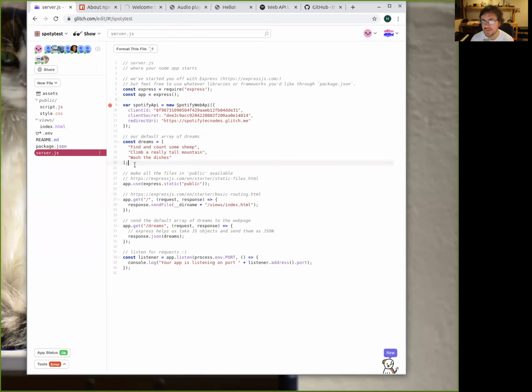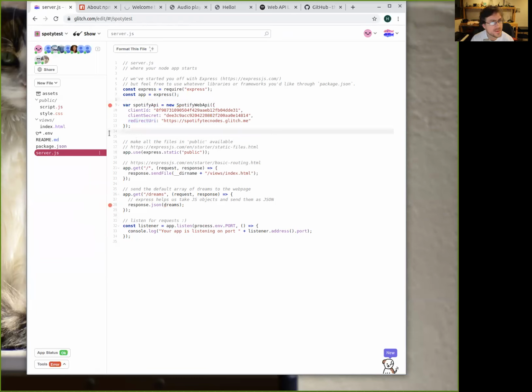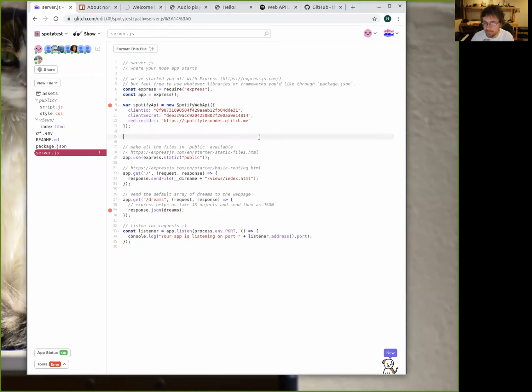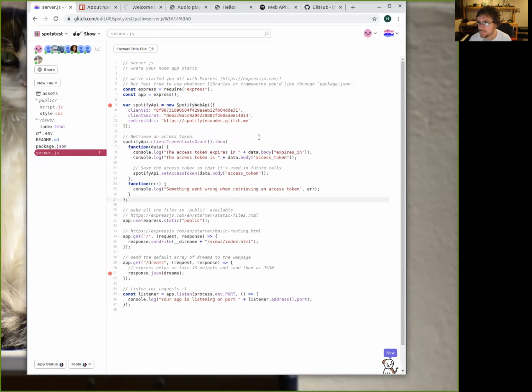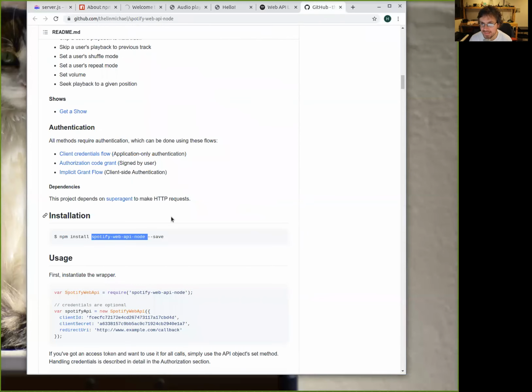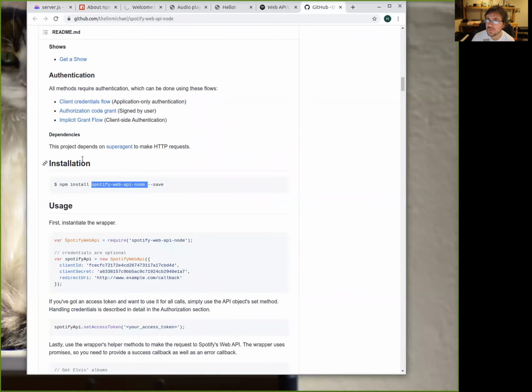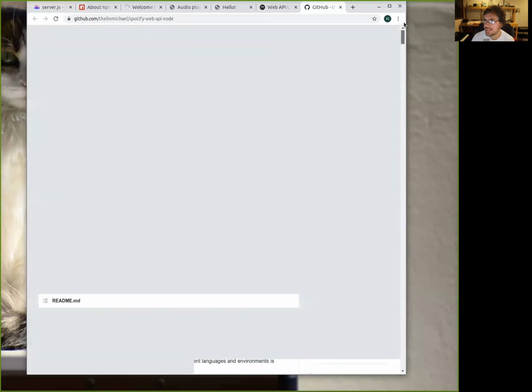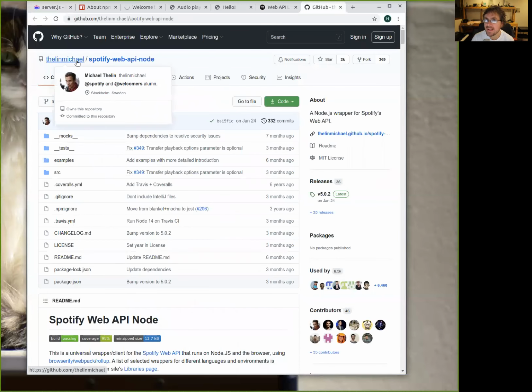This was part of the example that they gave us. We don't want it. And then I'm just copying the code that I got from the documentation. The code that I am copying here is the thing that is here: how to use it. This part is in the Spotify Web API.